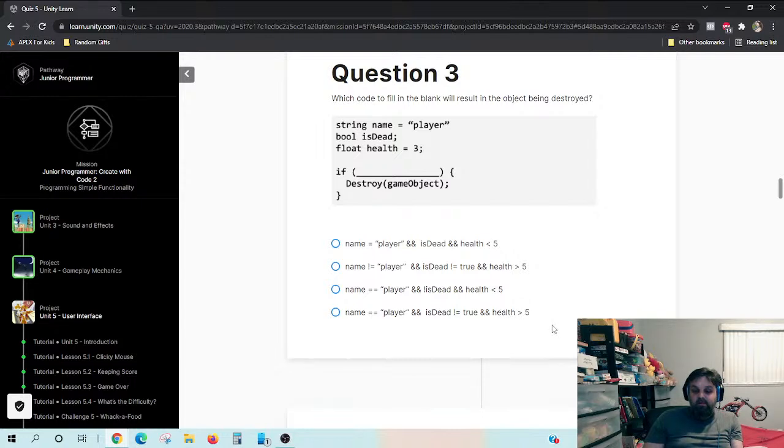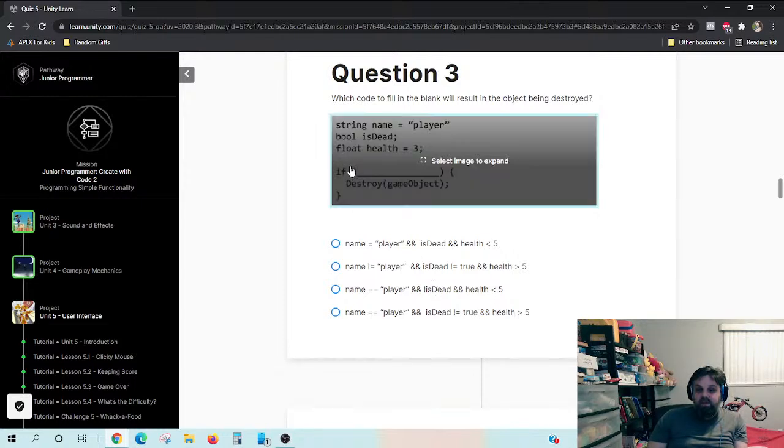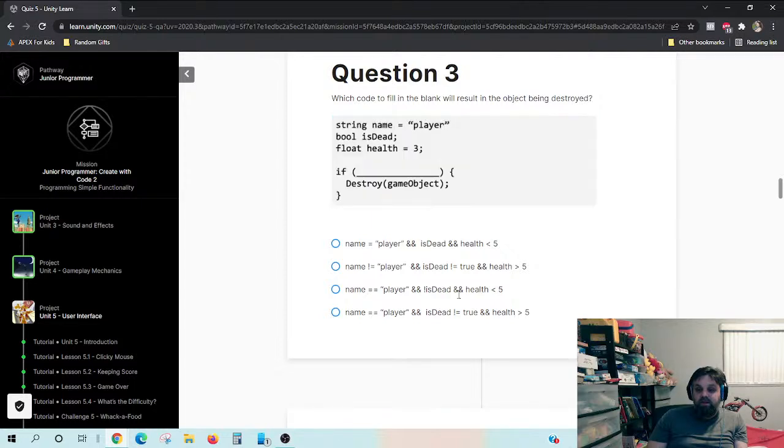Float health equals 3, assuming you want your health to be less than 5 in order for it to work. Yeah, because this is not is dead. But then bool is dead. I think you need the true statement in there. Okay,